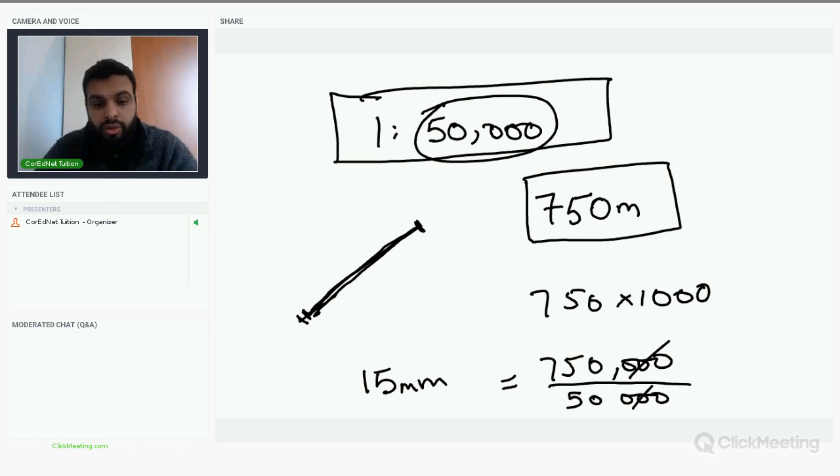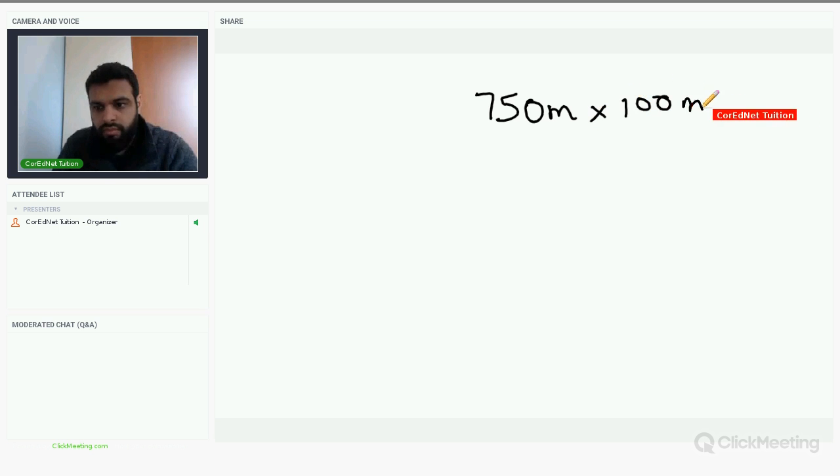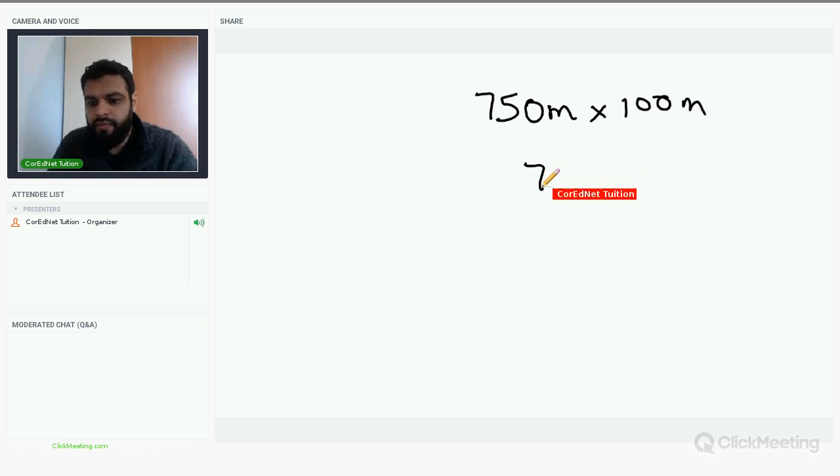Hafsa, it's entirely up to you. I simply chose millimeters, okay, but you can do centimeters as well, right? So if you wanted to do centimeters, so if you had 750 meters, you will times it by 100, won't you, Hafsa, yeah? So that will end up being 75,000